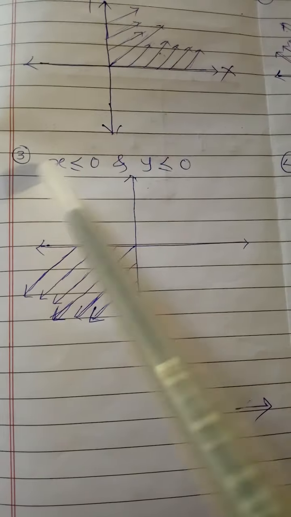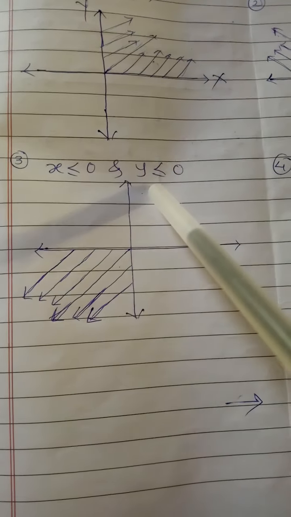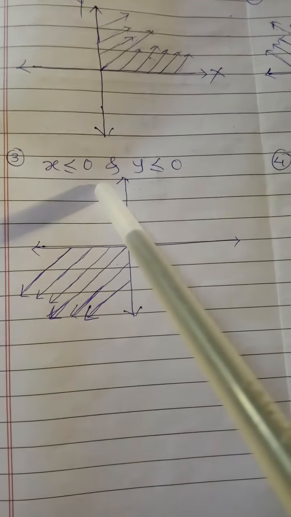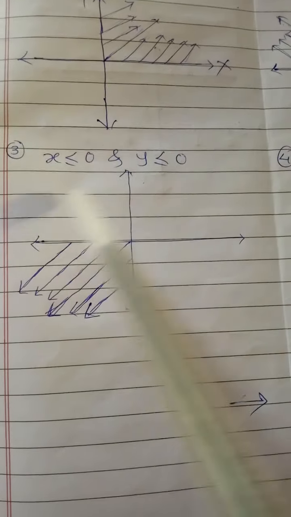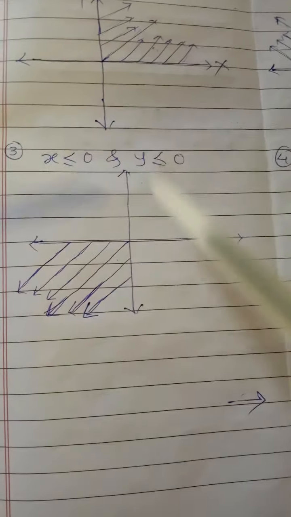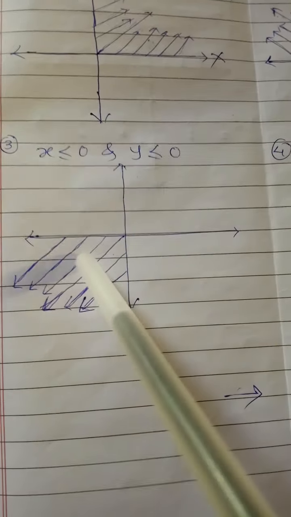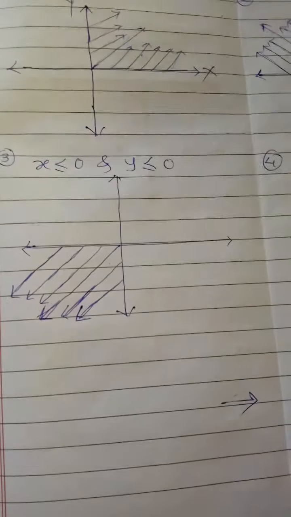Similarly here, x is less than equals to 0 and y is also less than equals to 0. So x is less than equals to 0 means we have to draw on the left side like this one, and y is greater than equals to 0 means we have to write down like this one, and again their point of intersection is in the, so you can draw it, so you will get how to draw it. So again I am just going to draw this again. So see here,